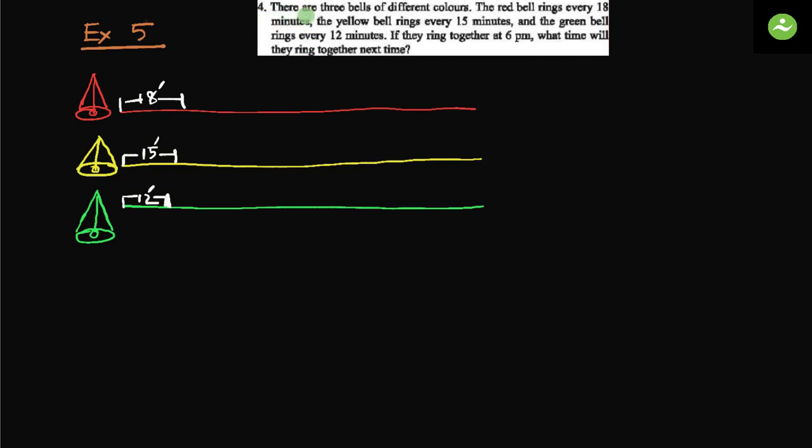Question number 4. There are 3 bells of different colors. The red bell rings every 18 minutes. The yellow bell rings every 15 minutes. And the green bell rings every 12 minutes. If they ring together at 6 p.m.,